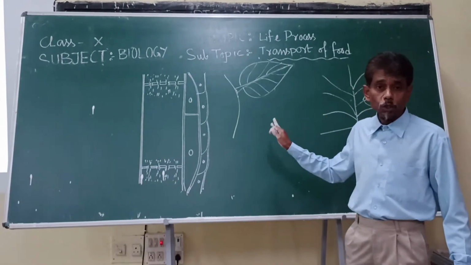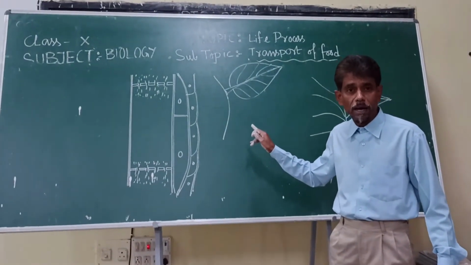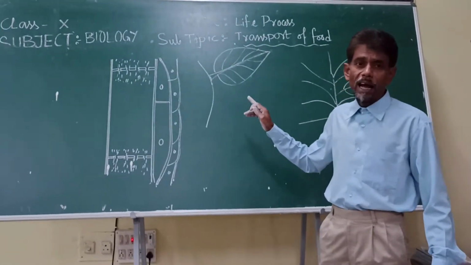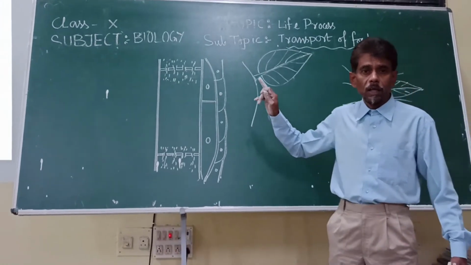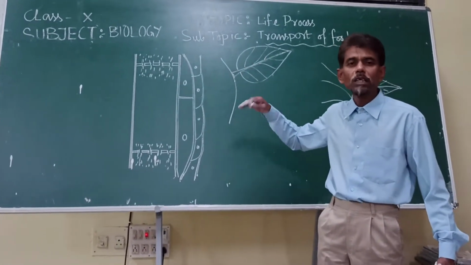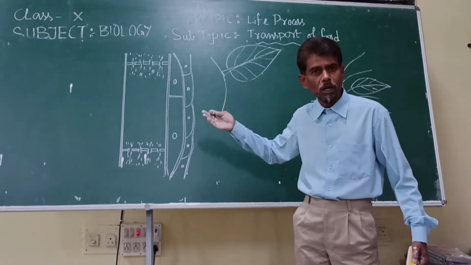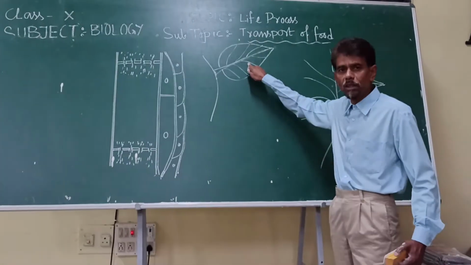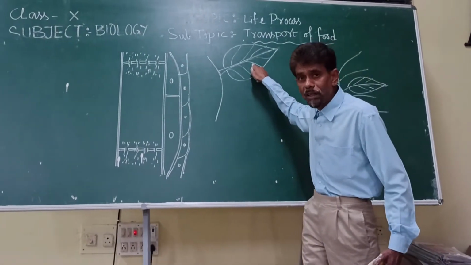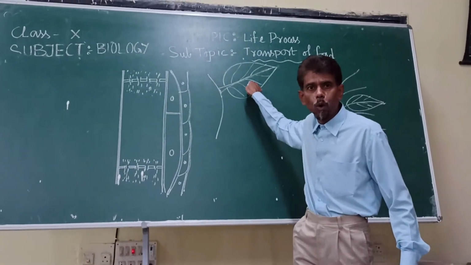So far we have discussed the transportation of water and dissolved minerals from one part of the body to another. The material transported to the leaf, what is its purpose? To support the plant in the preparation of food. Where will it be prepared? Within the leaf. Now, the food is prepared only in the leaf,